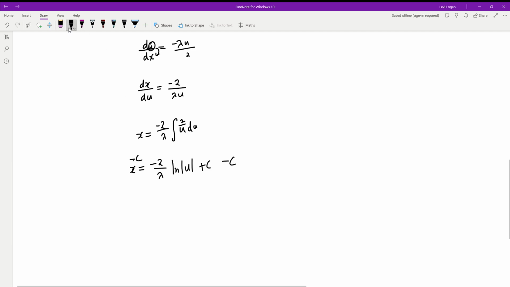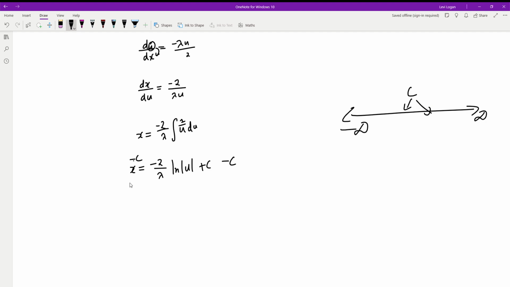Because if we're just moving arbitrary constants around, it doesn't really matter what sign you give it, as long as it's just an arbitrary constant, because c can be from positive infinity all the way to negative infinity. So c can be anywhere. So we're going to have x plus c is equal to -2 over lambda log of u. We have to keep in our lambda here, and we can't fudge that with c,